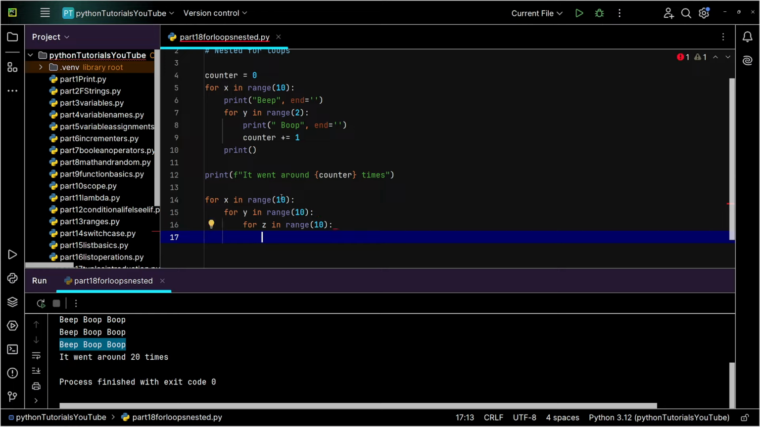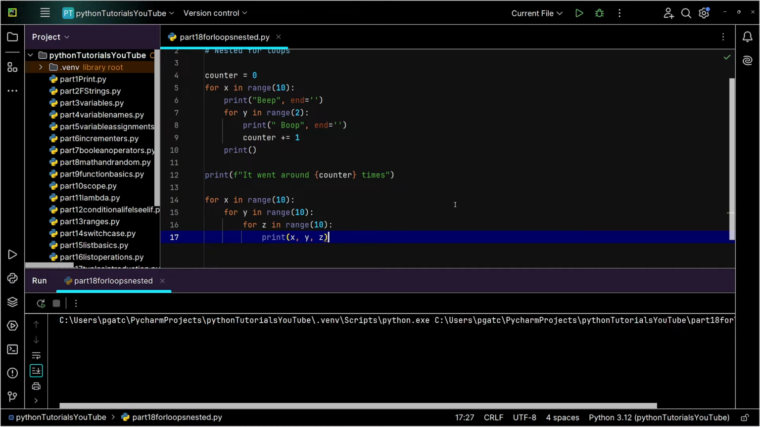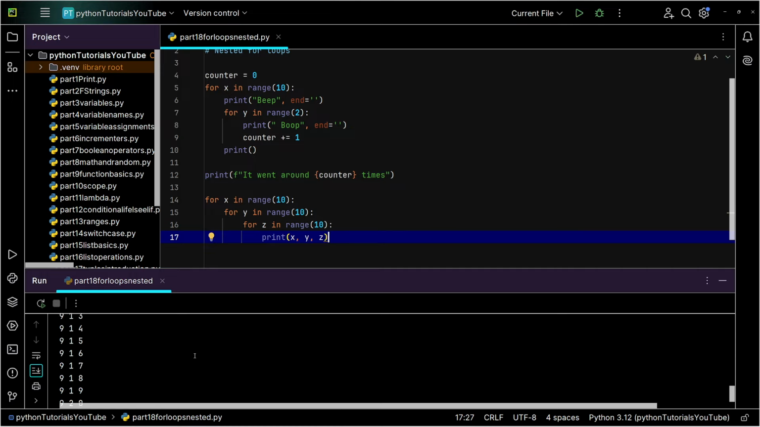To go ahead and check your math here, 10 times 10 times 10. Ooh, this one's got to go on a lot. So what I would do is print x, y, z. Now, if I were to run my code here, you will notice it gives me a bunch